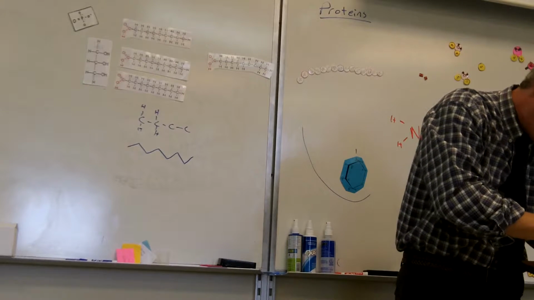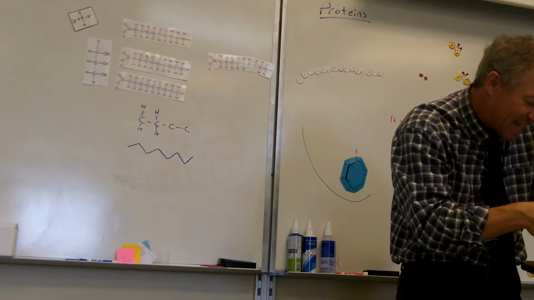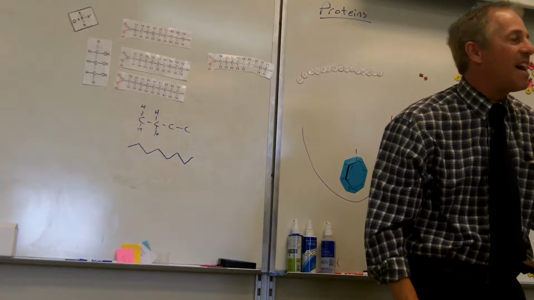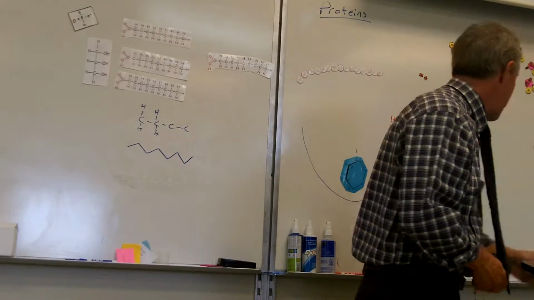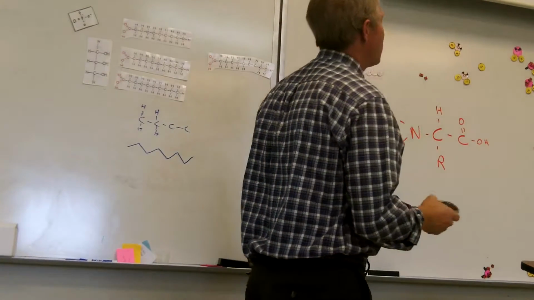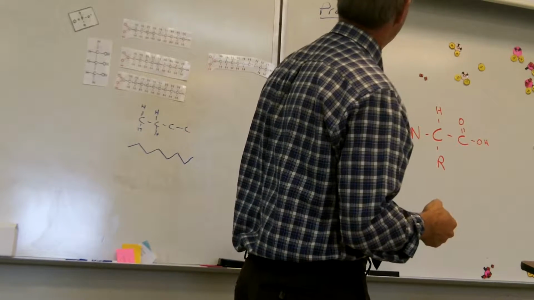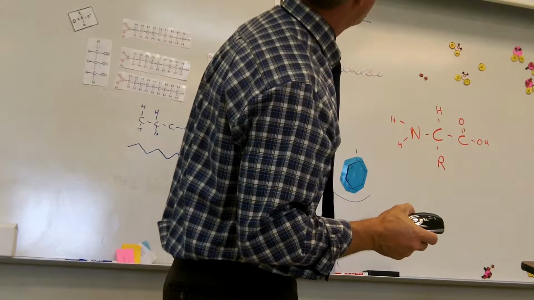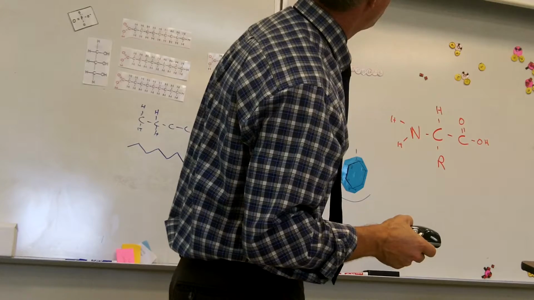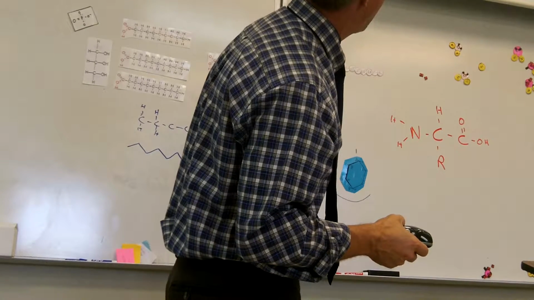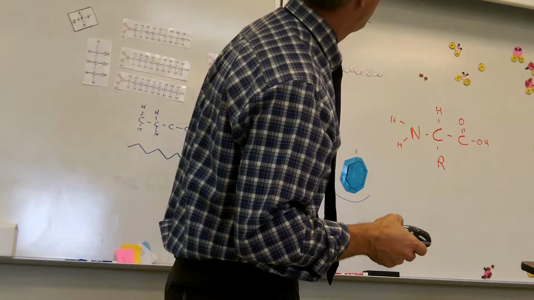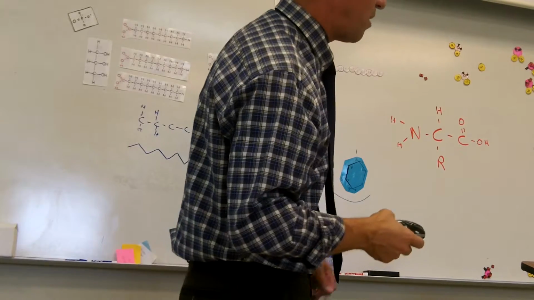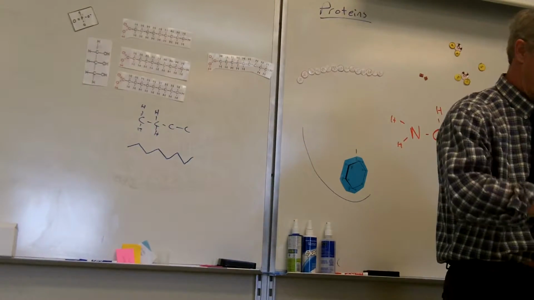It can fold where the alpha helix sticks to the beta sheet and forms a strong bond between the two called a disulfide bond. You want to see how a disulfide bond works? Disulfide bonds are some of the strongest bonds. So check this out. Where's my sulfur? See that S right there? That S is sulfur. And if you get one sulfur near another sulfur in your chain,